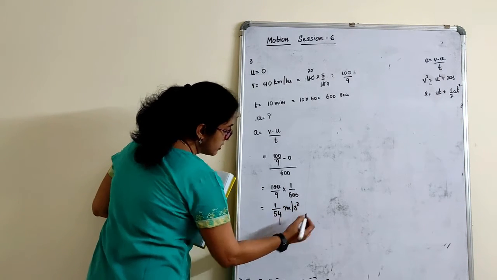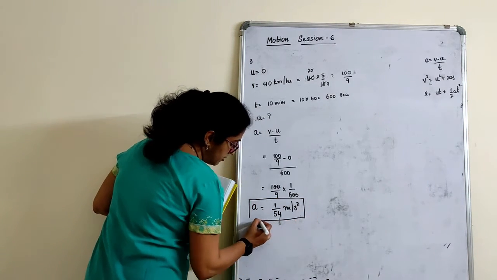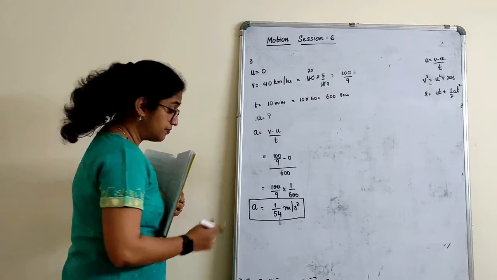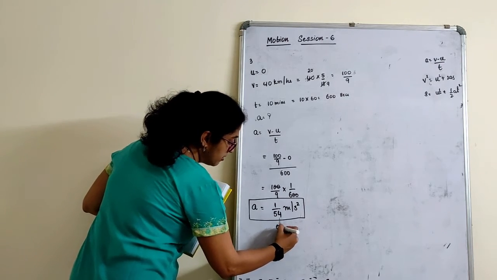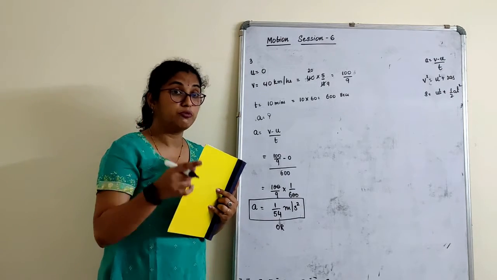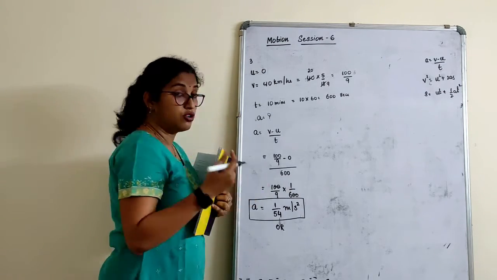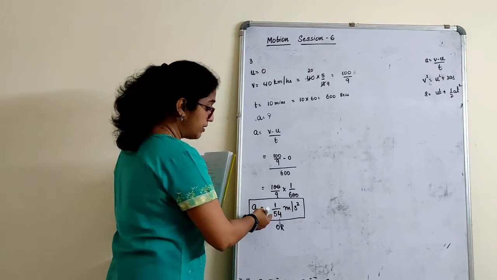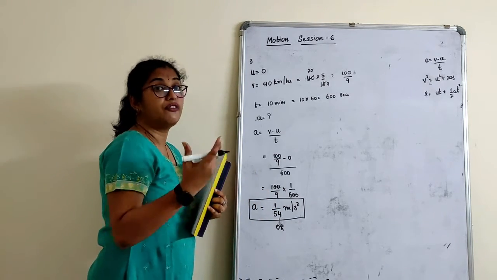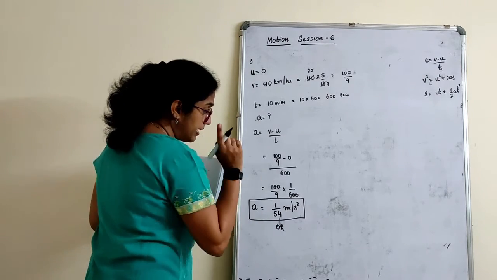Meters per second square. You can keep it here as it is, right? Or see, again it depends on your teacher. Sometimes your school teacher will tell, no, you can't keep this in fraction, you have to bring it down in decimal. So always talk to your teachers and find out, can we keep the final answer like this, or do we have to convert it. Both are equally right. If you want to divide